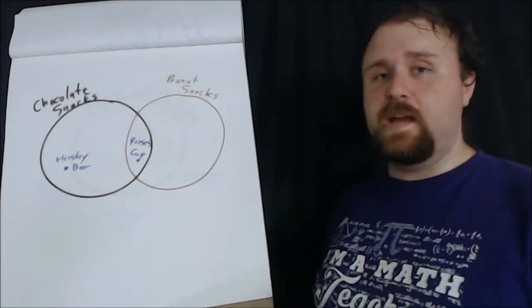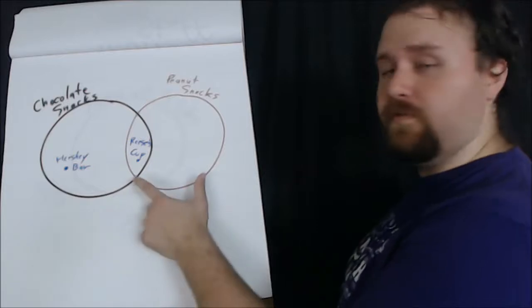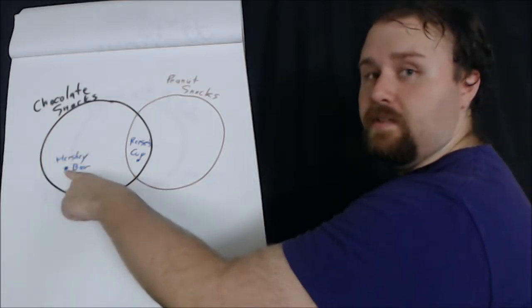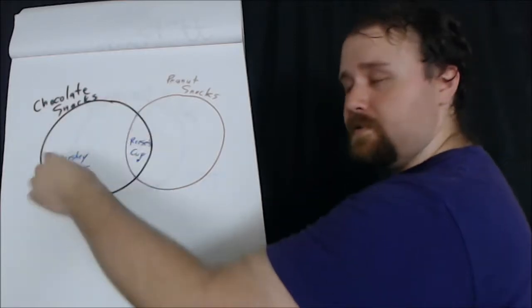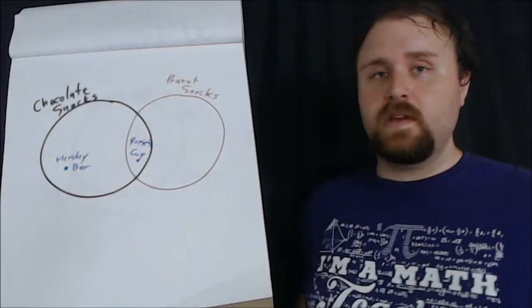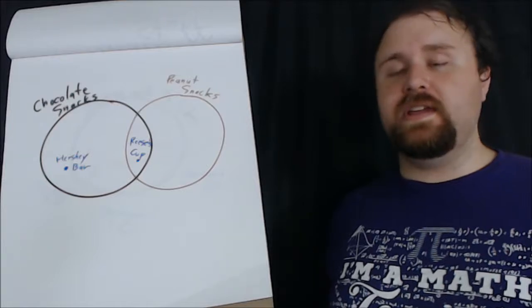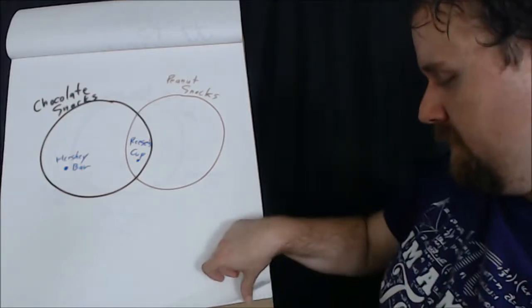So this is like the example we just demonstrated, where we have a circle for chocolate snacks, a circle for peanut snacks, and then we have labels for the individual snacks that we came up with. Hershey bar in the chocolate snack circle, and Reese's cup inside both circles. But there's other ways to use Venn diagrams like this. Basically, the important thing is we use the circles to indicate belonging. So in this example,